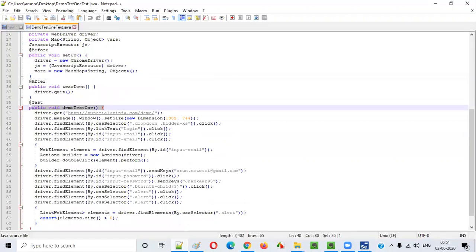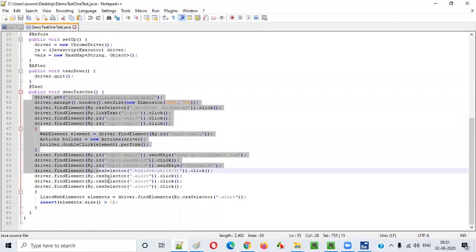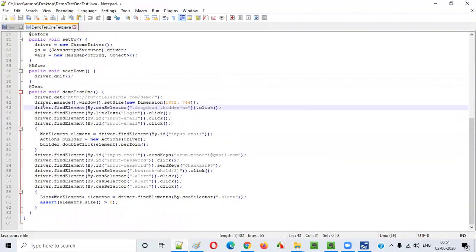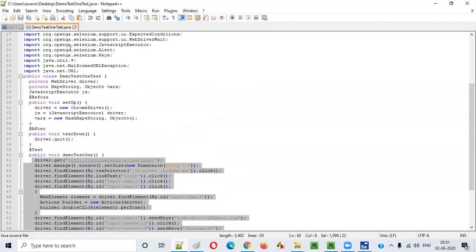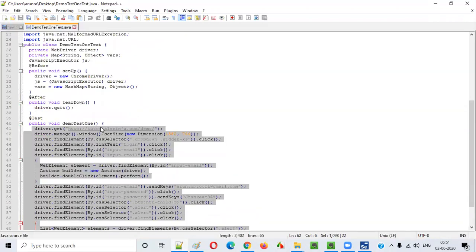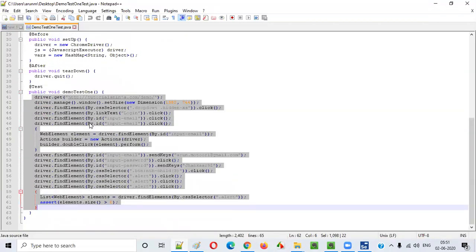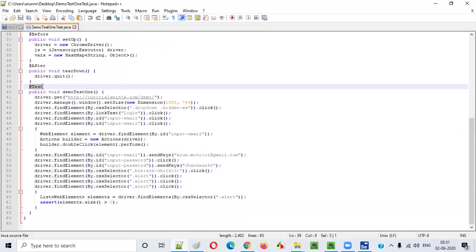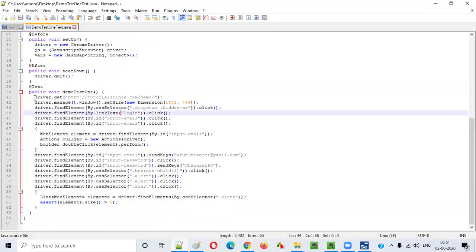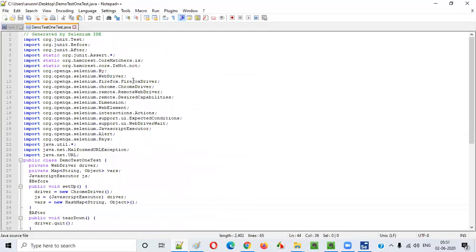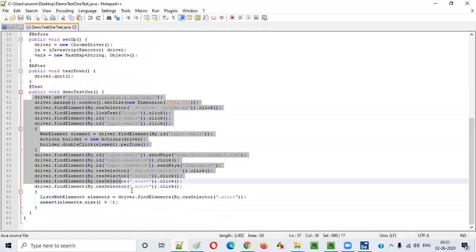Here this is the test method. Here these are the statements. This is how Selenium statements will look inside the Java class and Java method, we have these lines of code. Here we have the TestNG or JUnit annotations, which will help you drive the tests. Fine. So this is the code, guys. At a high level, let me explain. You don't have to understand this code, but let me explain what's happening here.